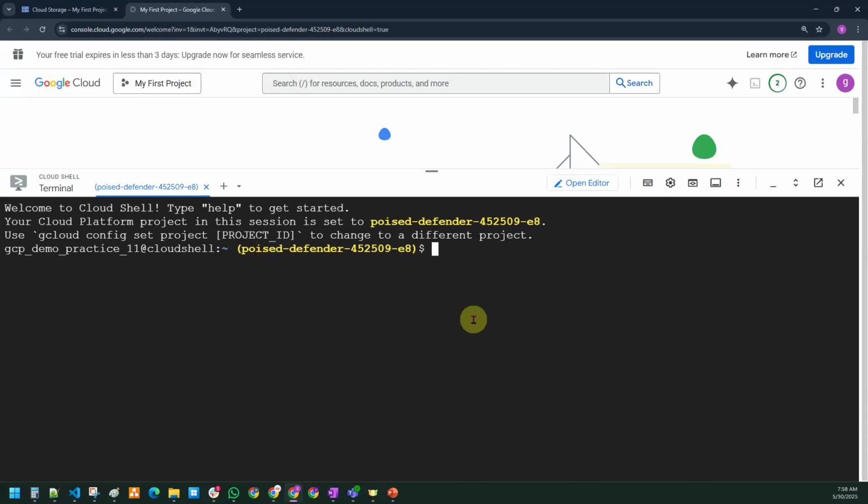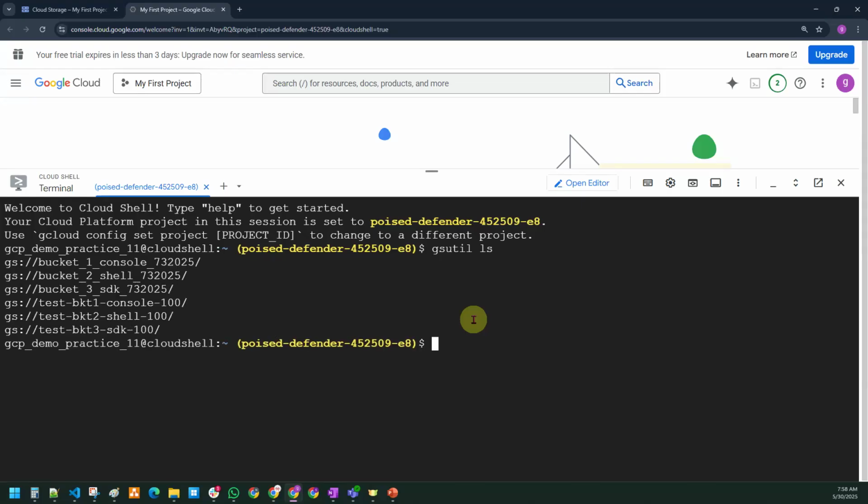We have to write a command. Don't worry about the commands; in our upcoming sessions, we have a separate session for the commands. But let me show you now. The command is gsutil ls, to list down all the buckets inside Google Cloud Storage. Just click on enter.